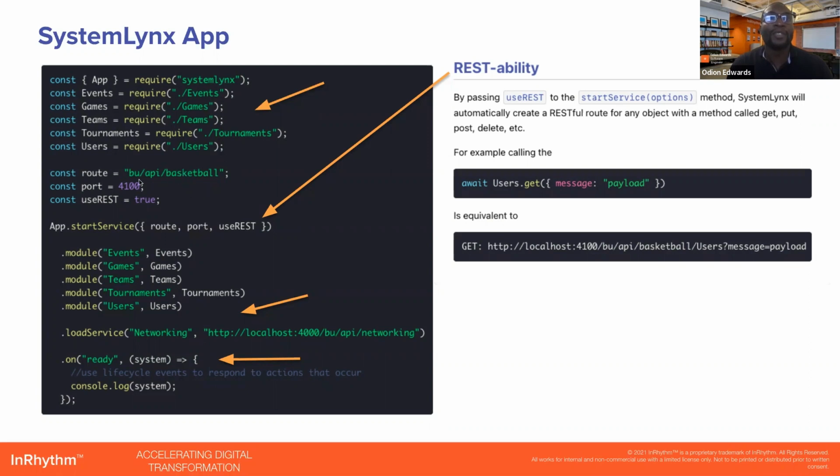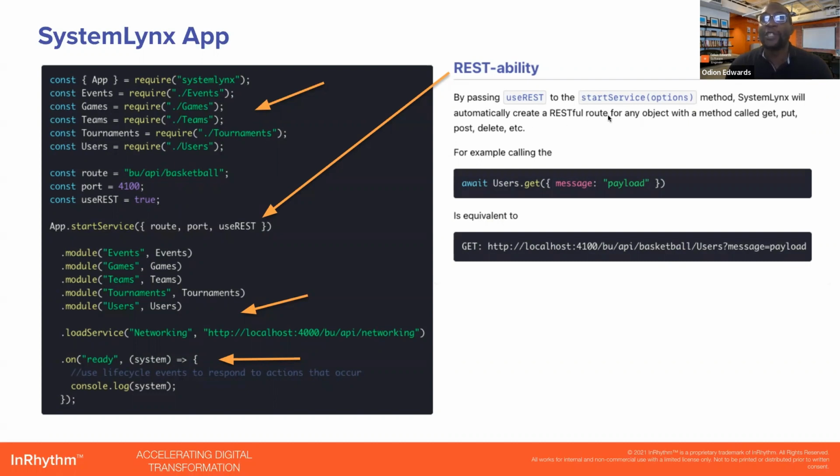And we're just defining route, port, host, and useREST options. One thing about SystemLynx is, even though it doesn't use REST, it's RESTable. What I mean by that is, if you pass useREST true as an option to the startService method,